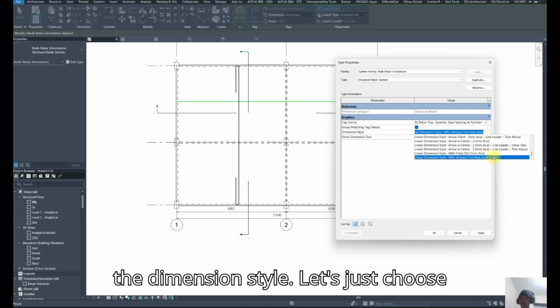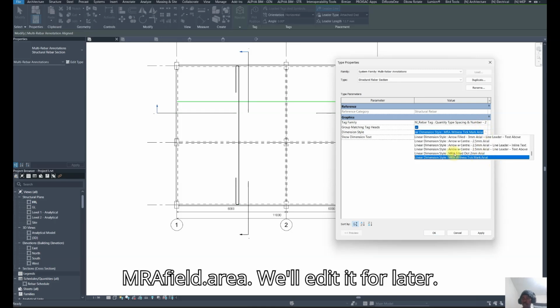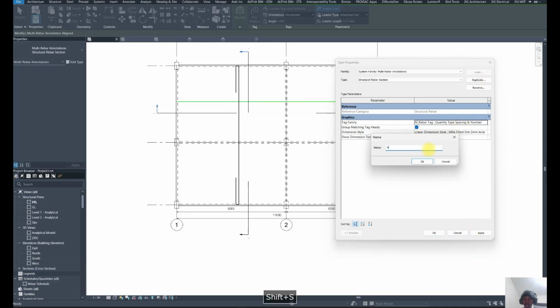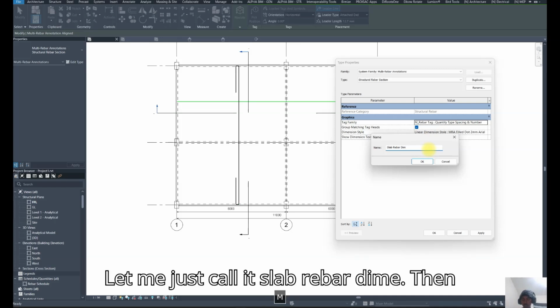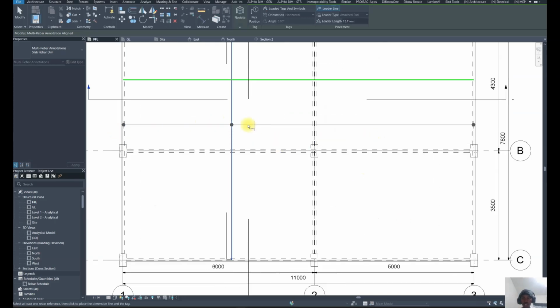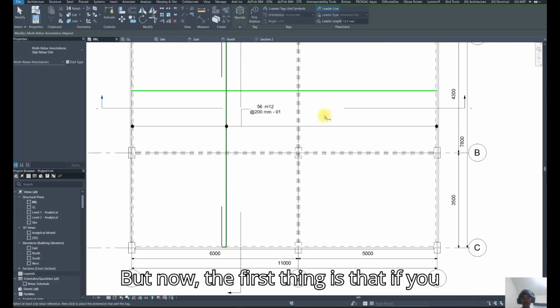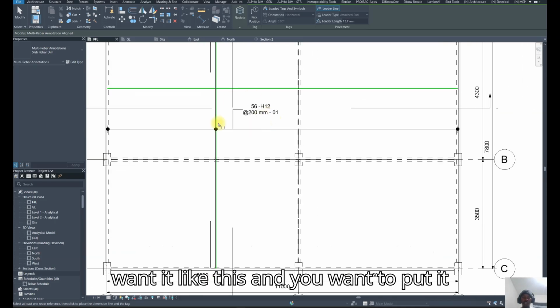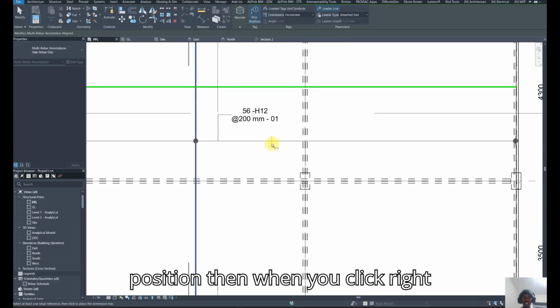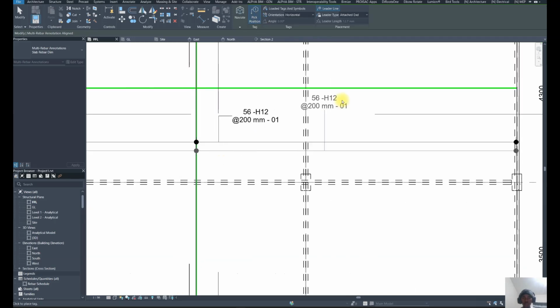Let's just choose MRA field area. We'll edit it for later, or we can then just duplicate and call it slab rebar. Okay, let me just call it slab rebar dim. Then I save it. So this rebar is going from there to there. But now, if you don't want it like this, and you want to put it out there, you click on pick position. Then when you click, right, model, yeah,